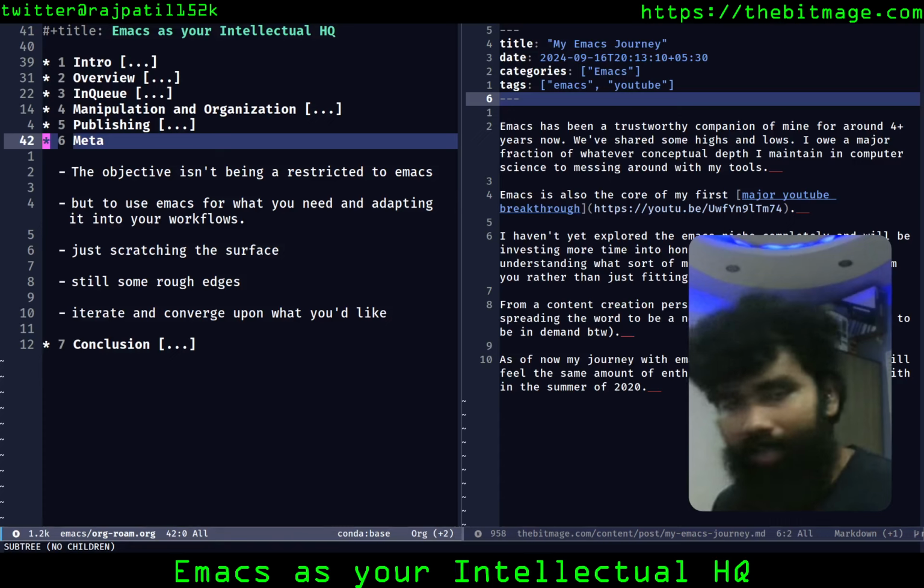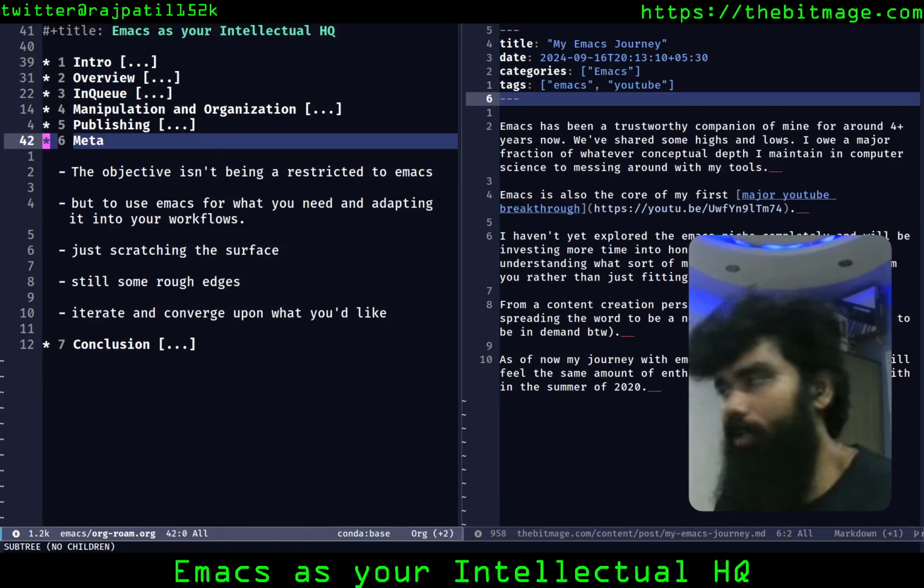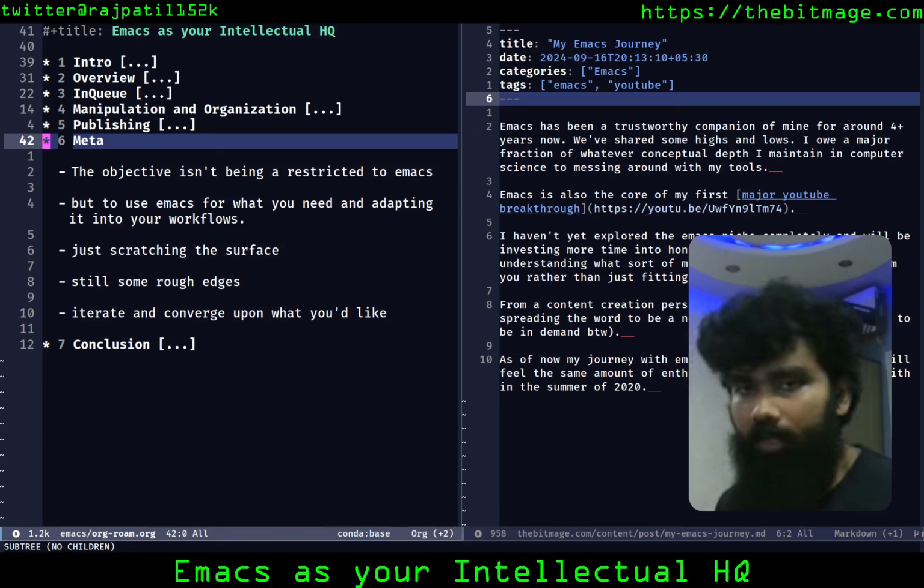Emacs is a great tool out there. It has the ability to hypnotize its users into believing that it is the only thing that you need, which is true. It is actually the only thing that you need. I'm not an Emacs expert. I'm saying these things right now because I'm probably just scratching the surface of what I can do with Emacs. Yeah, I could do a whole lot more.